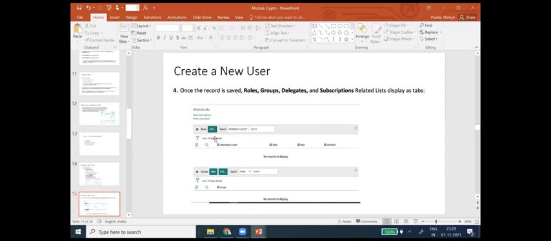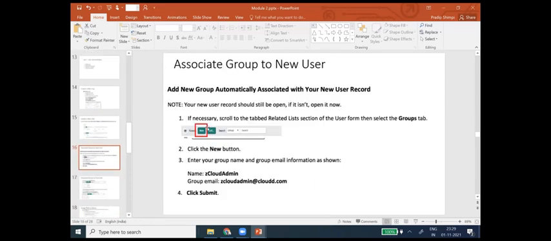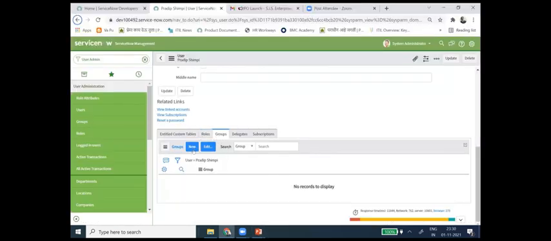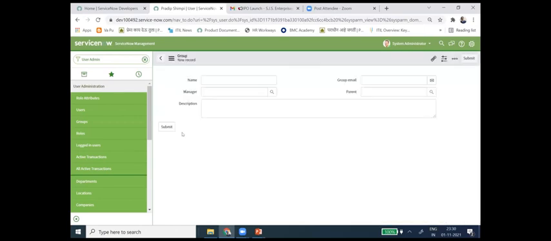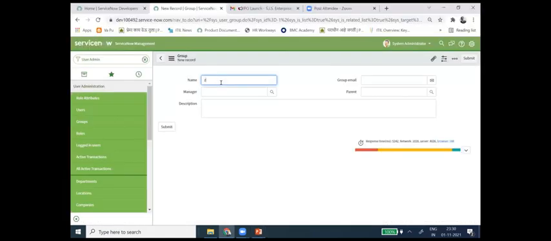This is how you can create the group, the role, the delegate, subscription and all that stuff. So how to associate the group to the new user? You can add the new group from here, and the user automatically gets associated with the new group. So I will go to the group form and here I have the option new. I will click on new. It will open the group form. Here I will create the new group. The new group name is Z Cloud Admin. I will just put one here because I might have already created